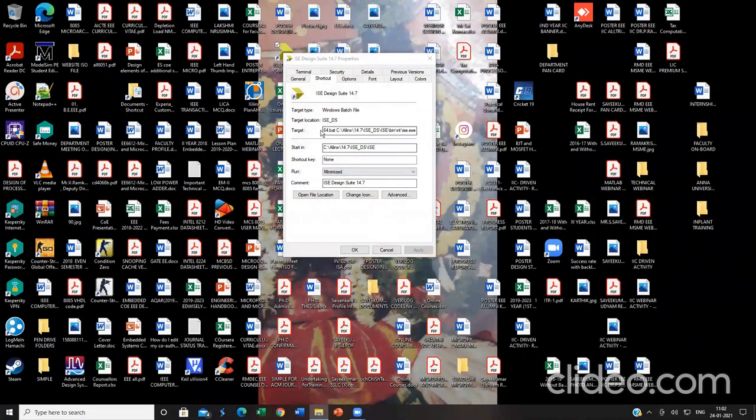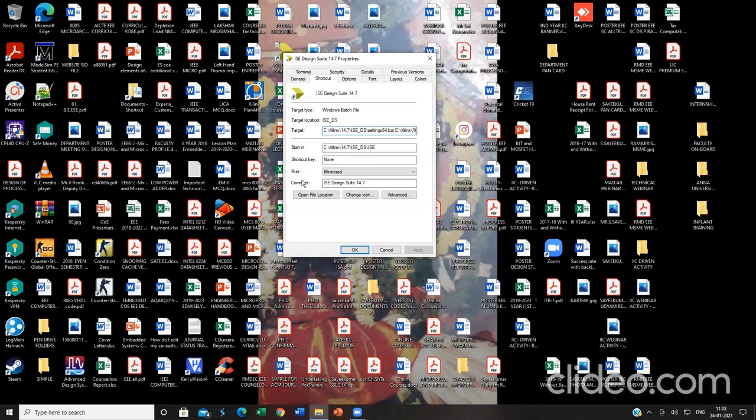Here in the properties, in the target, it will be like this: C:/Xilinx/14.7/ISE_DS/settings64.bat.